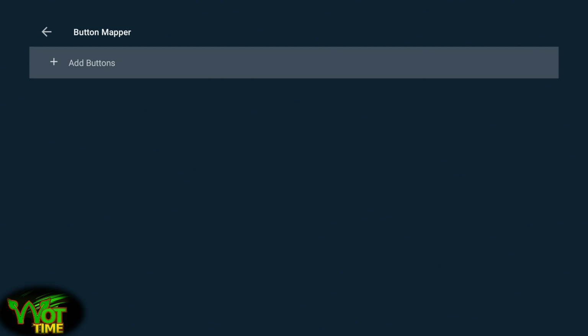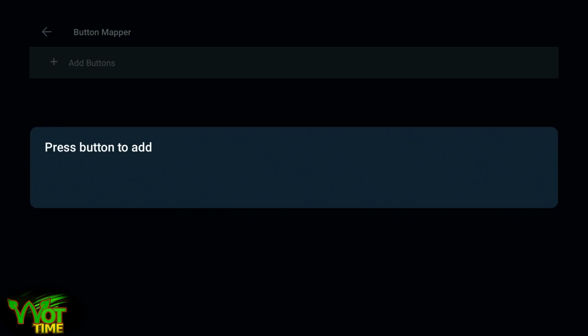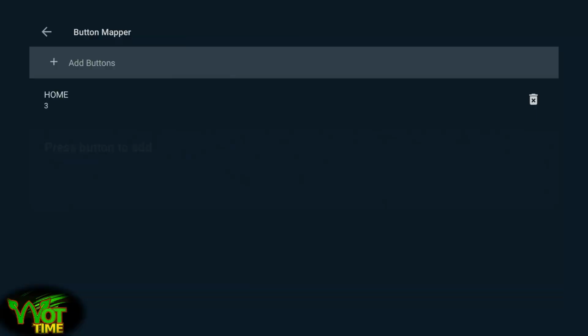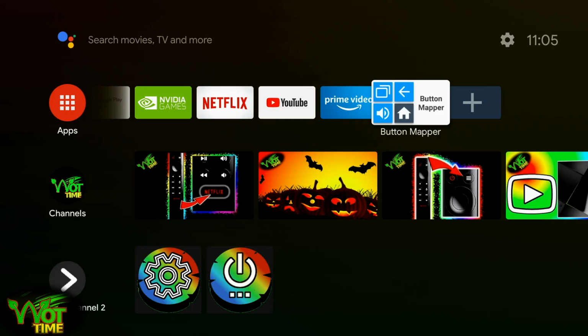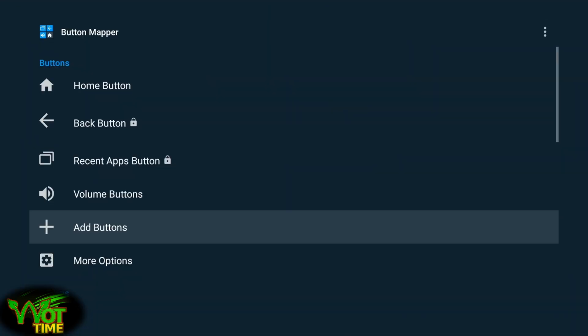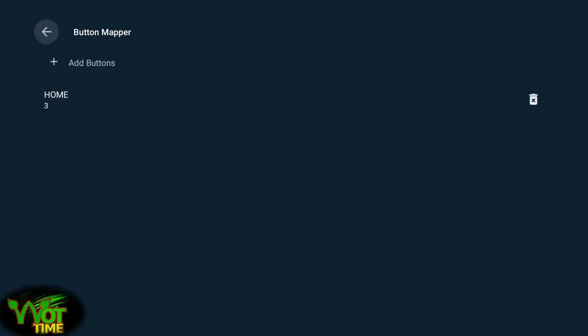I've done it with the home button a few times and it keeps dropping me out. I'll show you how to get around that problem. So we're going to add button, and at that point you get a message, press button to add, and we're going to click the home button once. Done. Home button pressed, and it dropped me out of the program. Okay, so let's go back in there and we'll find that it's still there,